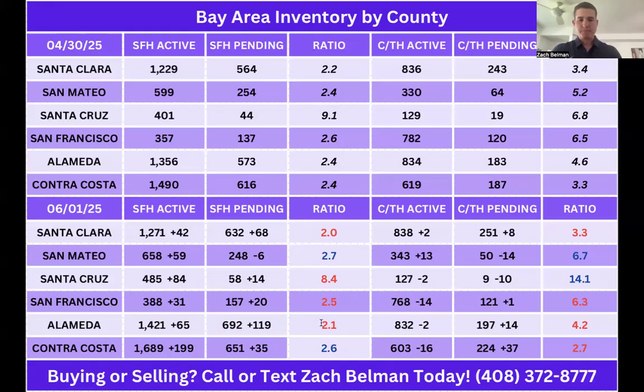Now, that's just for single family homes. Staying on single family homes, which counties had the greatest increase in buyer activity? The counties with the strongest buyer appetite would be Alameda County, 119 increase, and Santa Clara County, 68. Now, one thing that I do want to touch on real quick is we cannot just say that because Alameda County had the largest increase in pending units